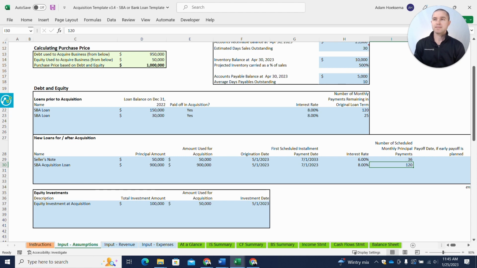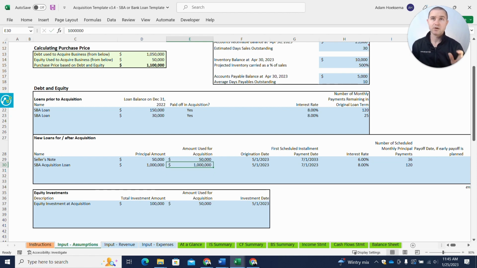Now, what happens, let's say, I'm going to run through some different examples. Let's say we actually want to see if we can get a $1.1 million purchase price. What are our options here? If we were to just increase this SBA loan to $1 million,